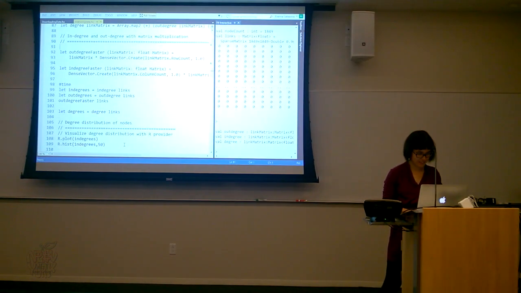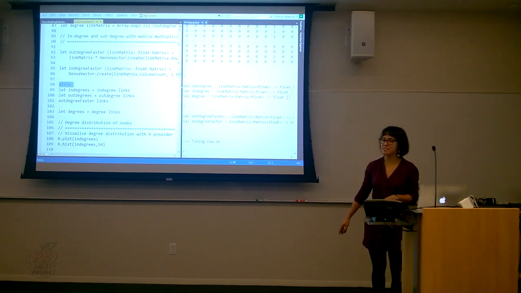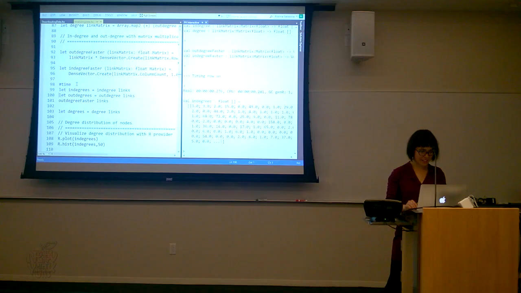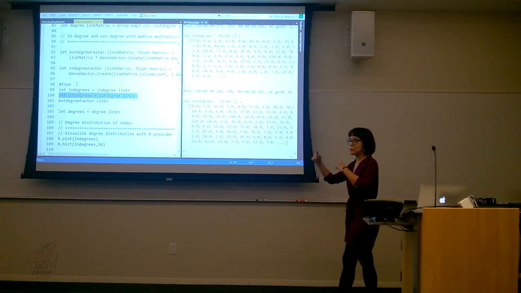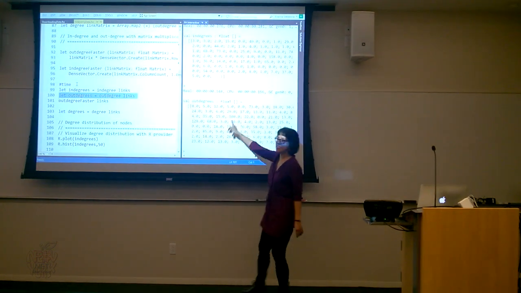And in F#, it's actually really nice that you can see how fast things are. You just type in #time and it will time every command that you put in there. So now I can look at how long it takes to compute the out degrees while we are going through every single row, and it takes 148 microseconds.